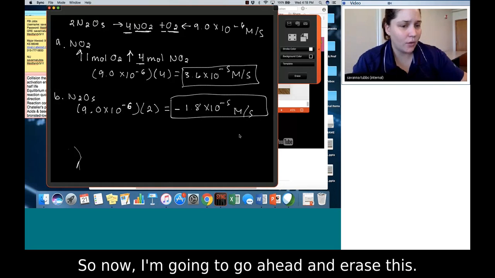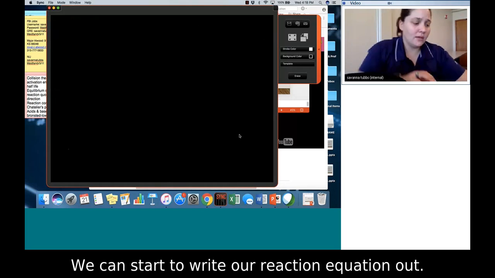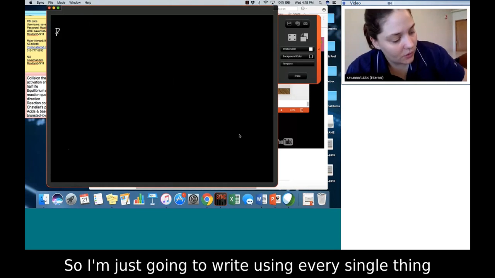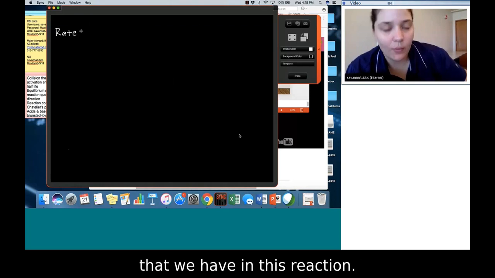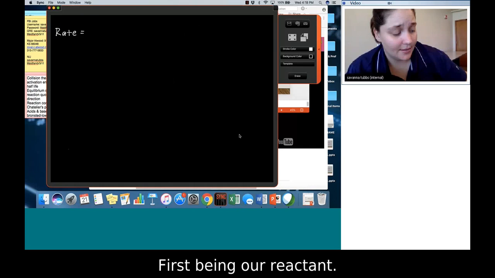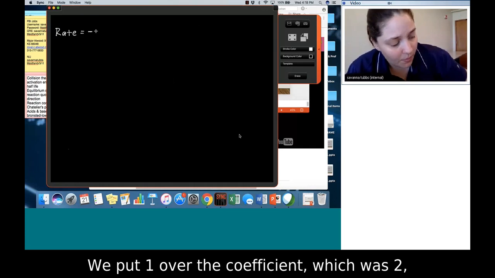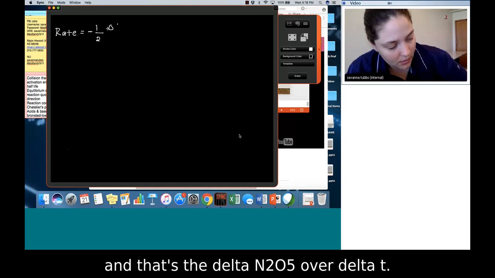So now I'm going to go ahead and erase this. We can start to write our reaction equation out. So I'm just going to write using every single thing that we have in this reaction. First being our reactant. So remember, reactant has the negative. We put 1 over the coefficient, which was 2, and that's the delta